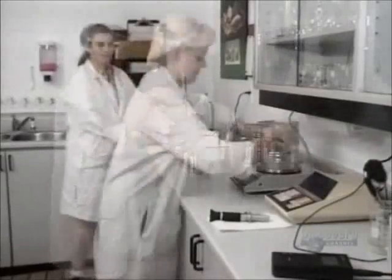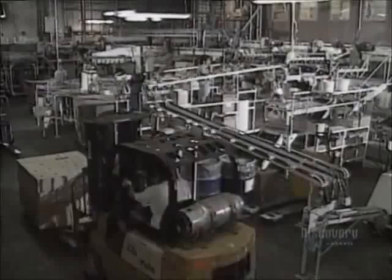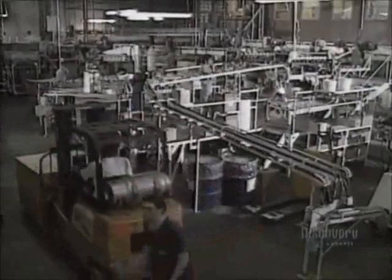Now they taste samples of the product to determine that it conforms to quality standards. Cans are labeled as customers' orders are filled. In this facility, they produce